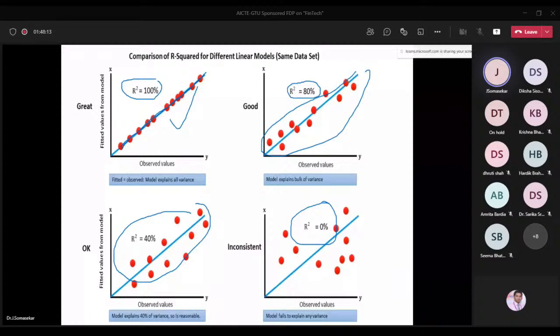Just now I showed how to evaluate accuracy. We have to use MSE or R square value, based on that, and finally compare the results. Based on that we can decide which model is the best one. So basically what we are going to do, we have to take a data set, we have to divide it into training and testing, especially while implementing. This is very important. And after that we have to apply any classification technique, a regression model or maybe other models, and after that we have to evaluate the accuracy. Based on the results we can say which model is the best one.